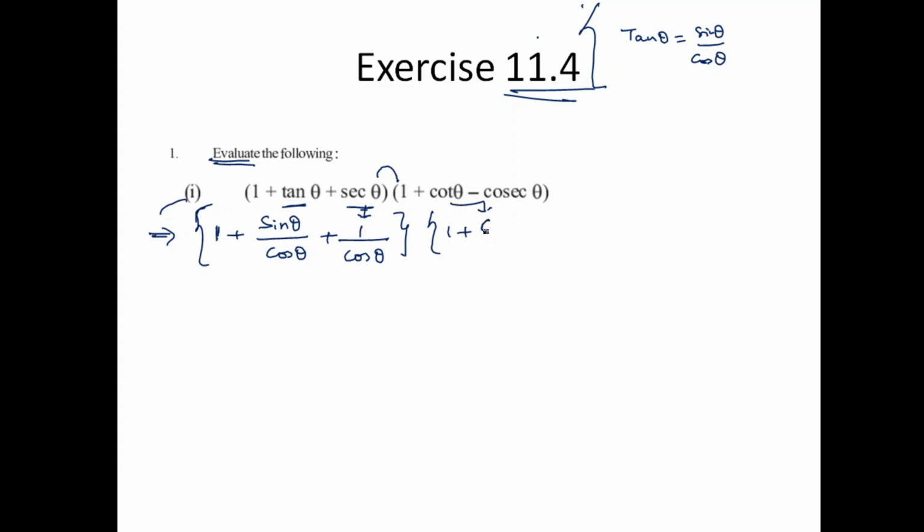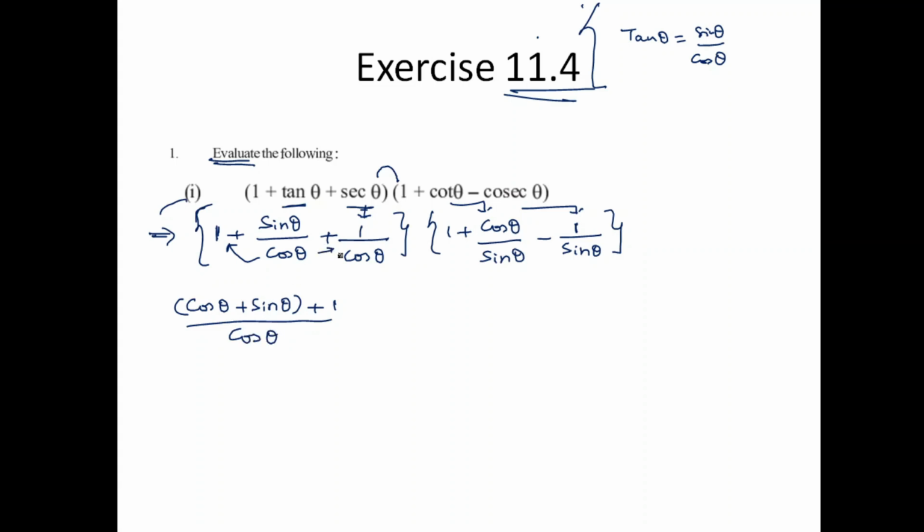So this is again 1 plus cos theta by sin theta minus, and cosec theta can be written as 1 by sin theta, right? Very good. So let us simplify using the identities. That is, we need to solve this here. Let me take the LCM of this one. When I do this one over here, I am left with only cos theta, that's a sin theta, isn't it? Plus, if you look at the other denominator, it's only 1 over there. I'm dividing everything by cos theta. I hope this is clear to everyone, right?